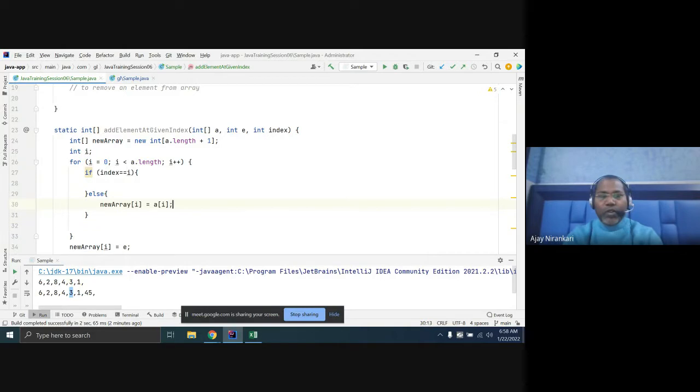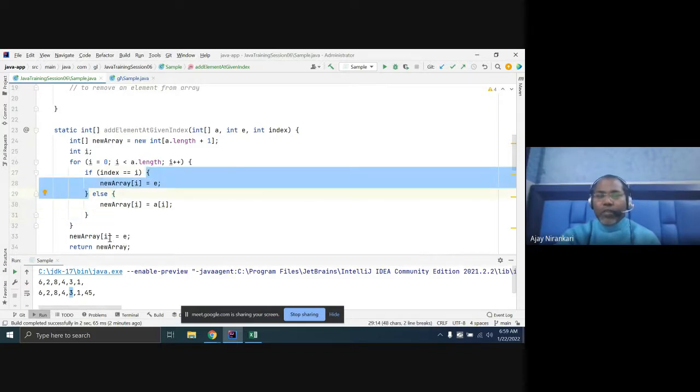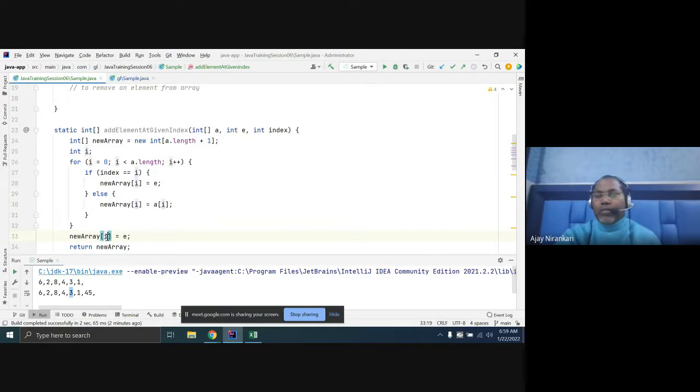If it matches, then you have to put the new value, this one, e. If you want to place at this index, this value e will be placed. Else, you can place the old copied value. If your index is not matched, this will go at the end, in the last.